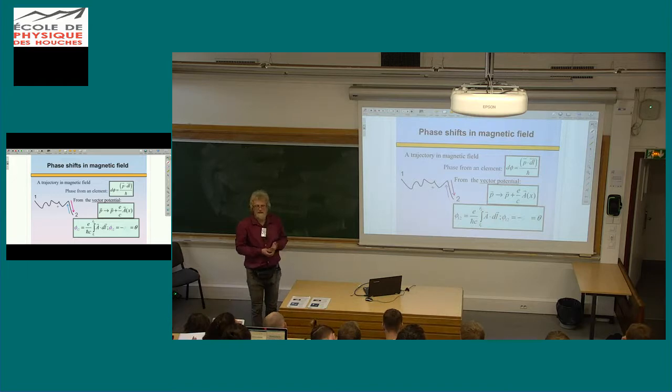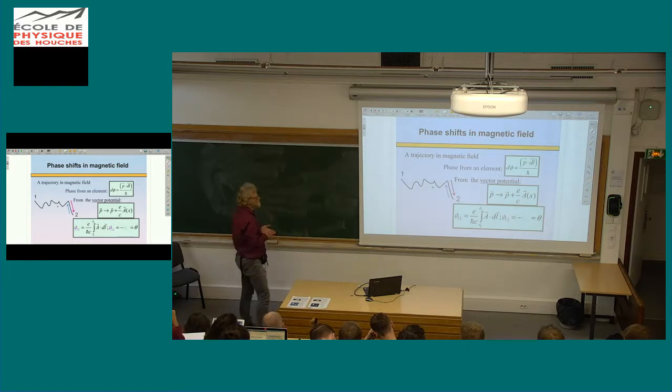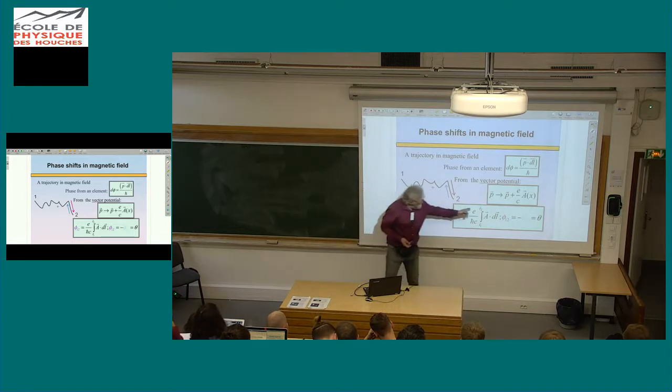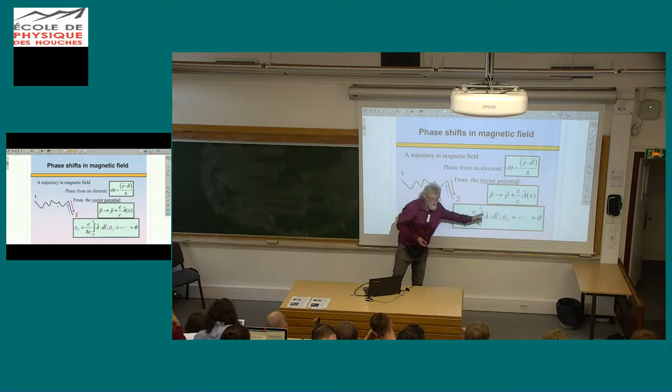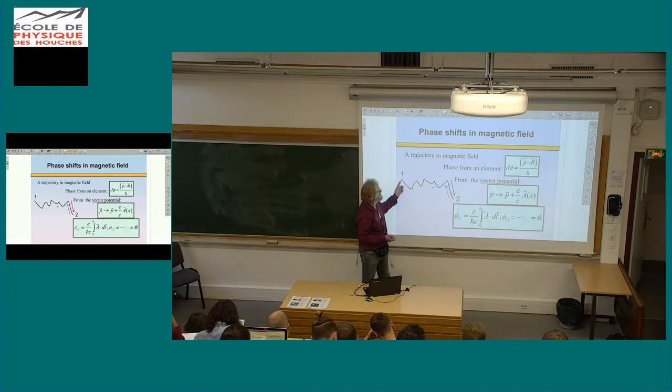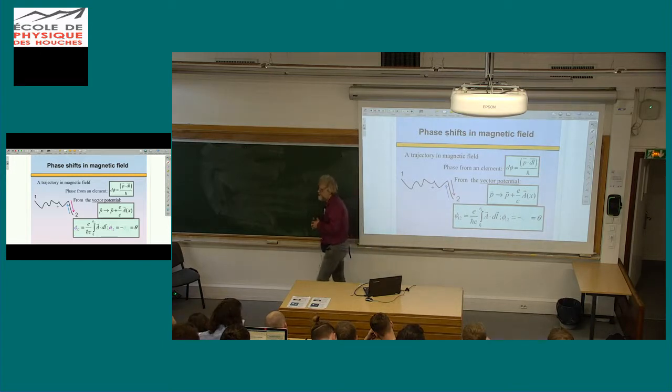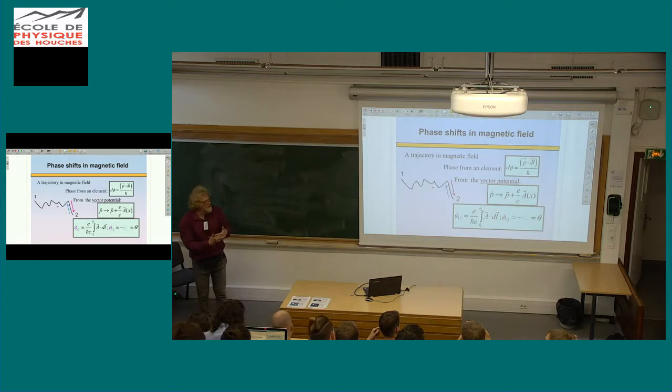The phase shift appears to know about vector potential of magnetic field and is given by integral over this vector potential along the contour, along the trajectory which goes from 1 to 2. If the direction of this trajectory is changed to opposite, the phase shift is also opposite, in distinction from